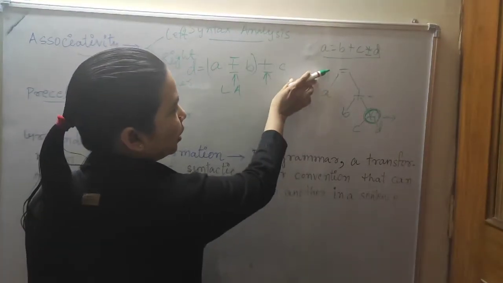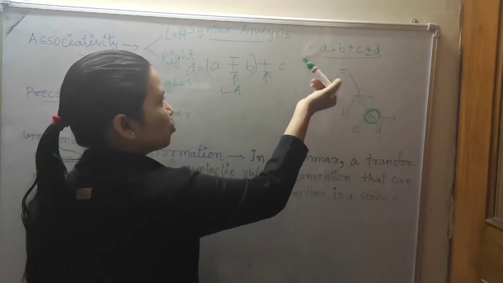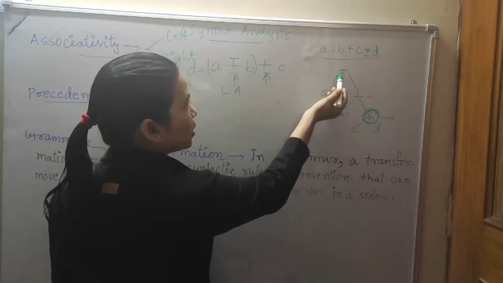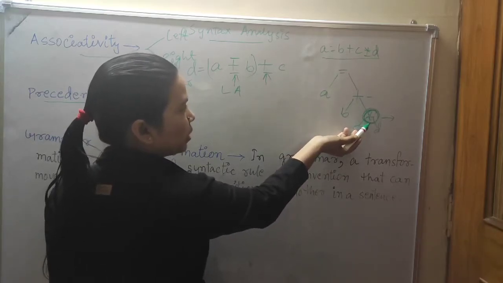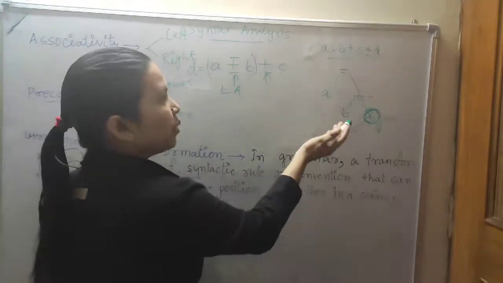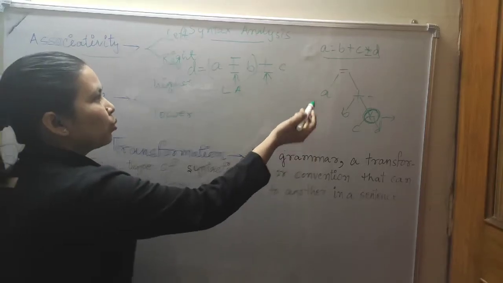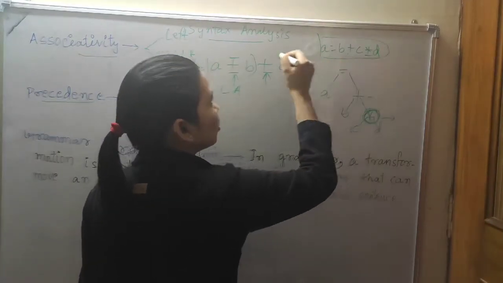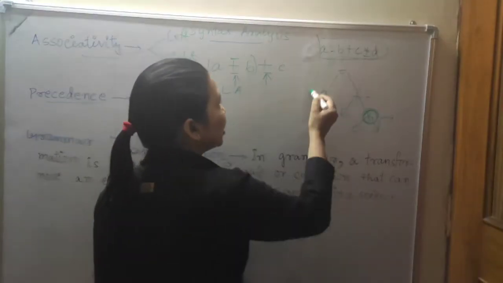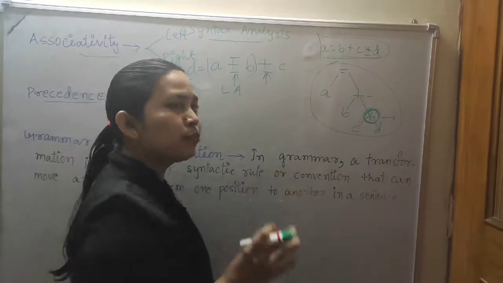If we compare equal to and multiplication, then multiplication has higher precedence than equal to. If we compare plus and multiplication, then also multiplication has higher precedence than plus. We compare like this. Whenever the question is given in terms of production rules, you solve it this way. Otherwise a parse tree is given, which is the annotated or decorated parse tree, an abstract form of the parse tree.